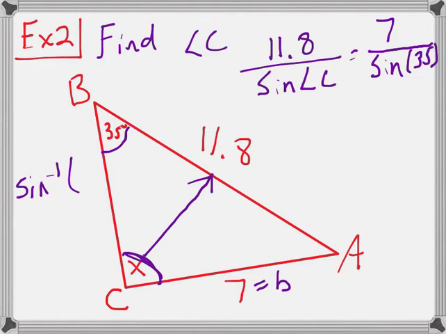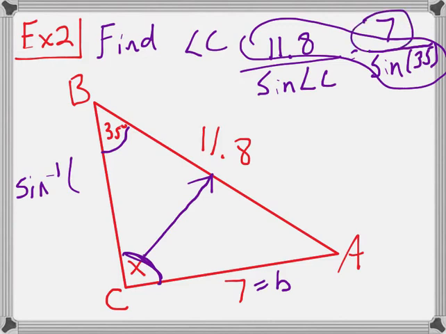All right, so let's cross multiply what we have. 11.8 times sine of 35 degrees. That gives me, I'm going to double check that again. I think I messed up. 11.8 times sine of 35 degrees. Okay, I was right. I get this decimal here. I need to divide by 7. So let's divide that by 7, and I get this decimal. So sine of angle C is going to equal